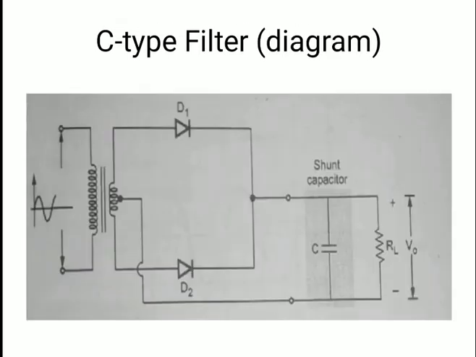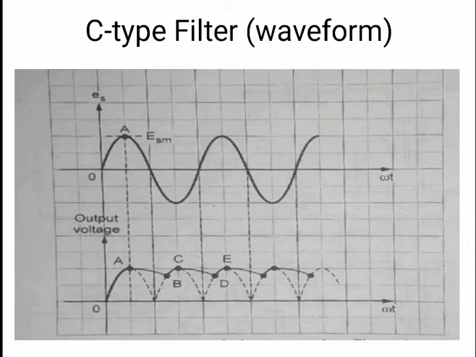The same working is here. For that working we have to understand the diagram below. That dotted line is the output of the rectifier, and the dark line is the output voltage, that is the filter output. Suppose the charge on the capacitor is 0. When it gets the rectifier output voltage, it will start charging, and it will charge up to the point A.